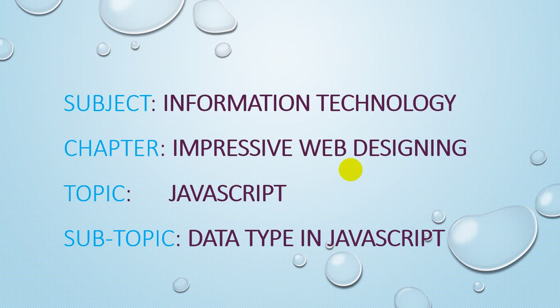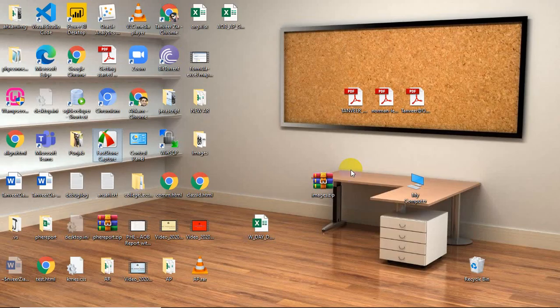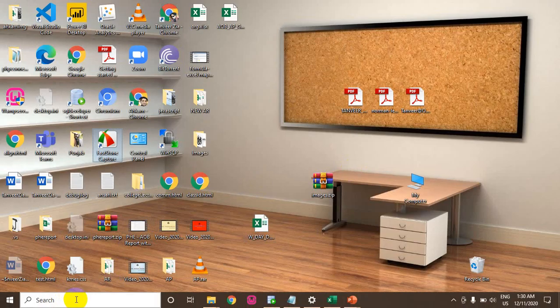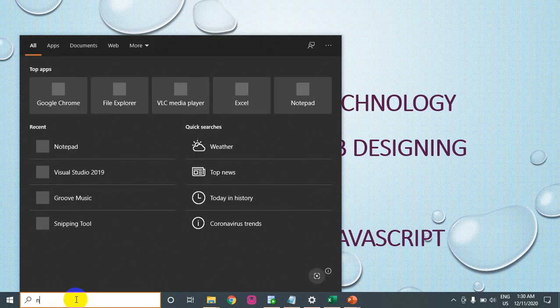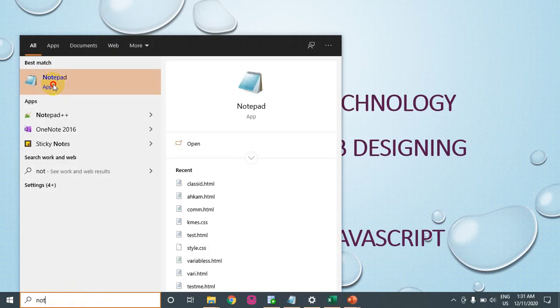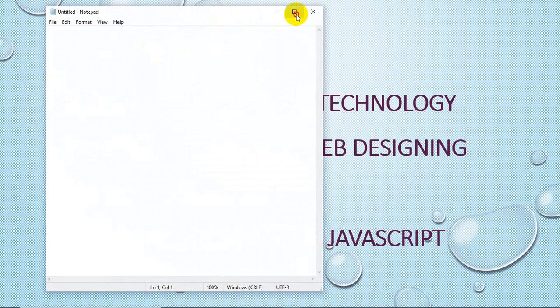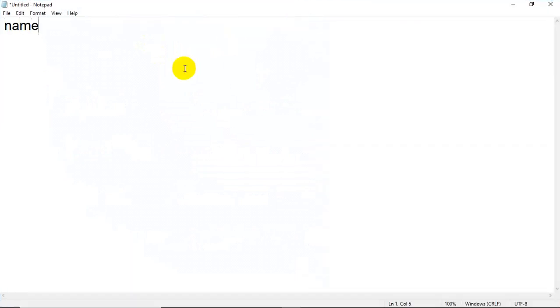But what is the difference between these two data? I just want to tell you. I will start, for example, Notepad, so I will show you what is the difference between name and contact. For example, I write my name as Ehkam and I write roll number as 123. So these are two information. Ehkam is my name and 123 is my roll number. These are two information, or in technology you can say these are two data.